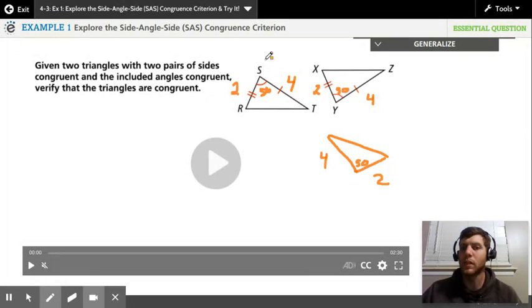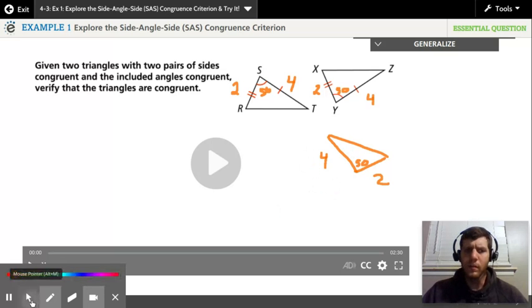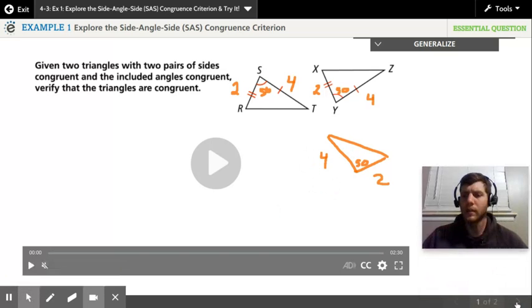If you rotate this 180 around and then shift it down and right, it's going to match up with this one. Or if you shift it, I don't know, about 30 degrees counterclockwise, and then you shift it up and a little bit over, it's going to match up with this one. So the idea is you don't need all the parts to show that the triangles are congruent. If you have 2 sides that are congruent, and then the angle between them is also congruent, that's going to be sufficient. Okay, if we look at your try it,